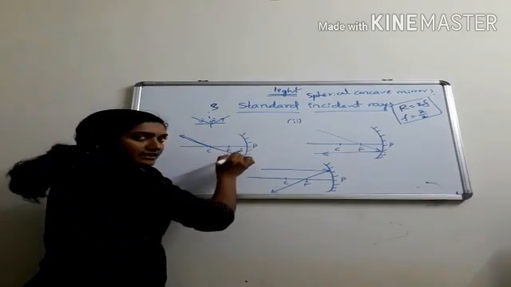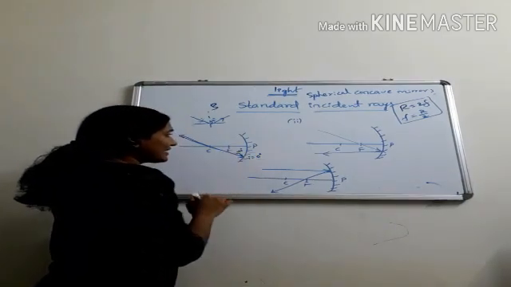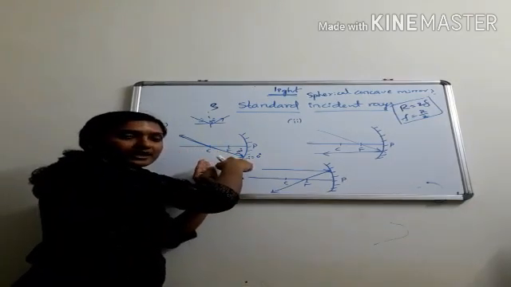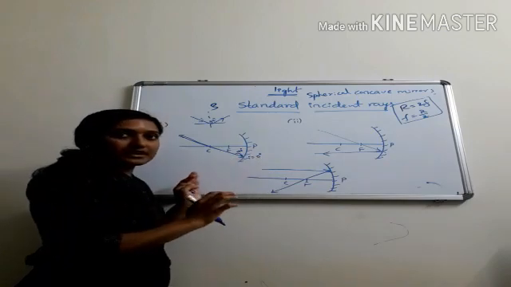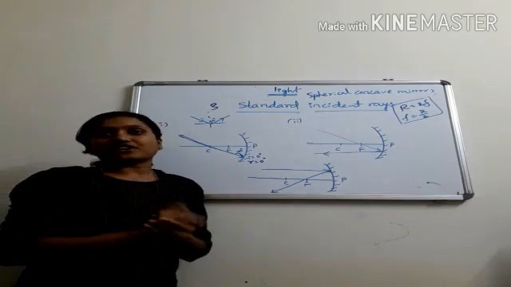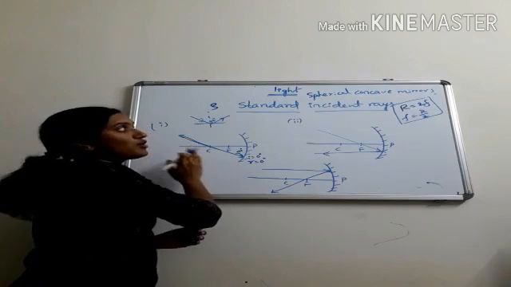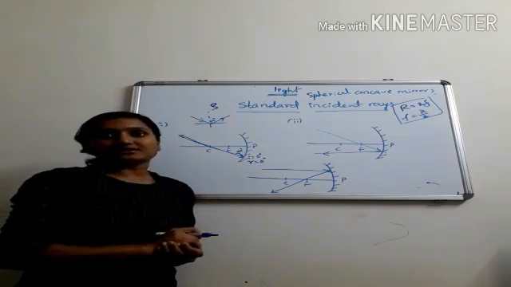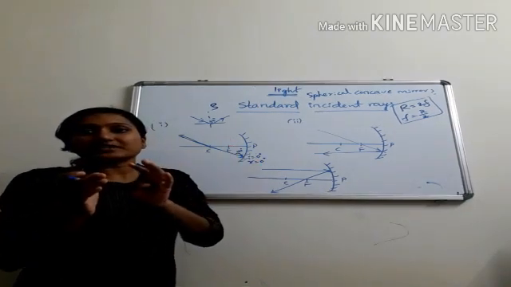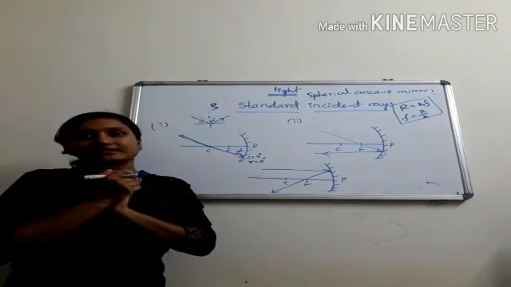So here 90 degrees is the normal and the incident ray is 0 degrees. See how the incident ray is along the normal only, right? So I is equal to 0 degrees and R is also equal to 0 degrees according to the law of reflection. Clear? So this is the one standard form of incident ray in concave mirrors. Whatever we learn in the concave mirror is the same in the convex mirror, but the focus and center of curvature will be behind the mirror, that's it.